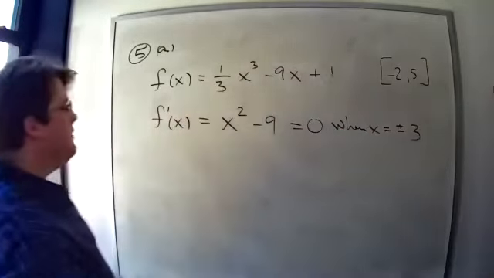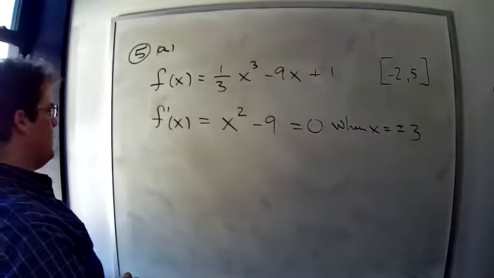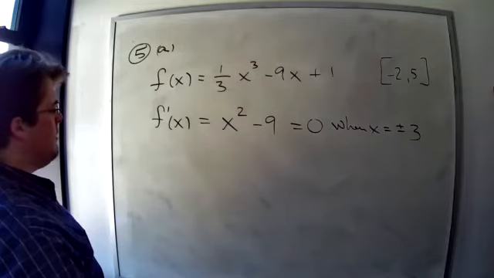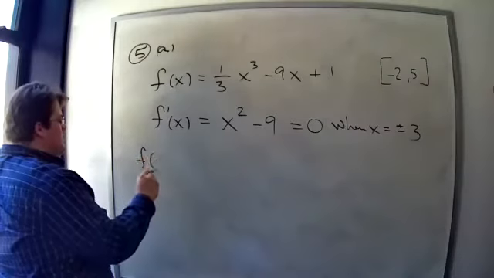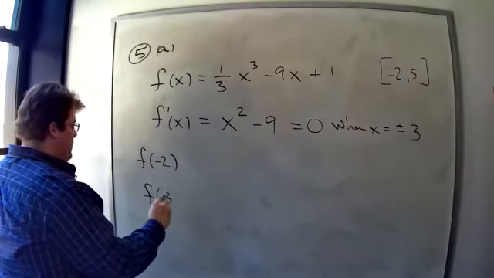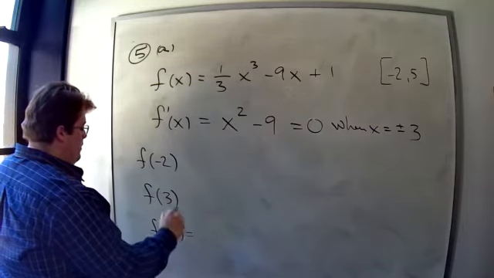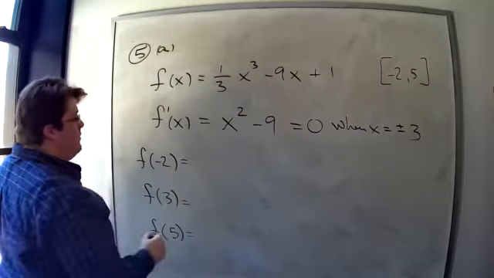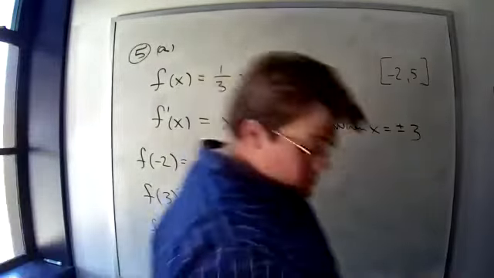It's 0 when x is +3 or when x is -3. It's never undefined because it's just a polynomial. So we have all the points that we need to consider. Notice the derivative is 0 at -3, but